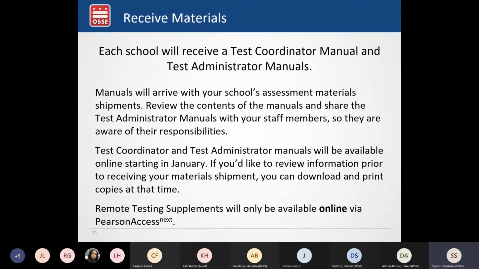There are, I think, a couple of very small updates that will be happening, and the official final versions should be posted to Pearson Access Next by the end of this week. But if you do want to take a look at that content, it's available in the meeting resources folder that we linked previously in a remote administration guidance folder. And you should be able to access the supplements there.